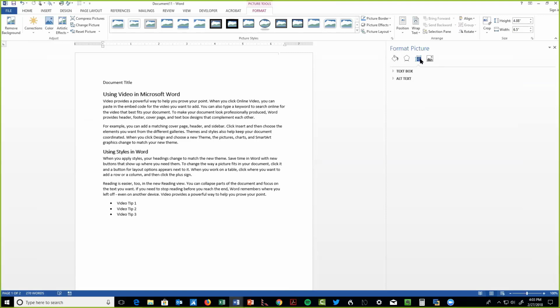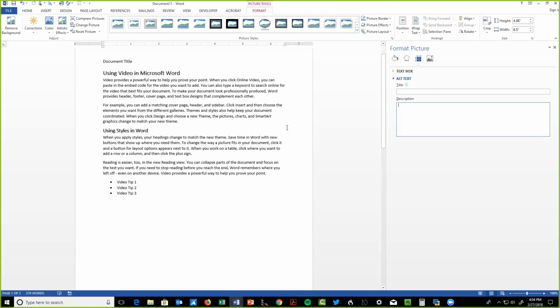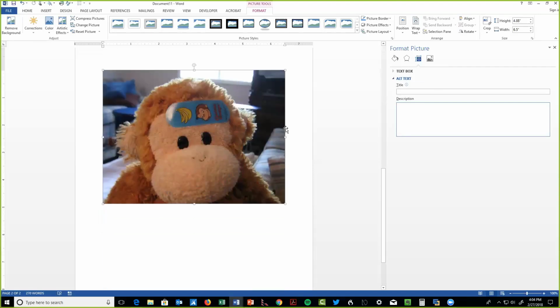I've got a little option here that is labeled Alt Text with a little arrow that I can click on and expand. And I have a field labeled Title and a field labeled Description. I want to type my alt text. I want to type my text equivalent into the description field. So whatever meaning this image has, I'm going to type in here. A way to think about it would be if you were literally reading your document to somebody over the telephone, then how would you convey the meaning of the picture in that setting when they can't see it? And so here I'm just going to say monkey with the Band-Aid